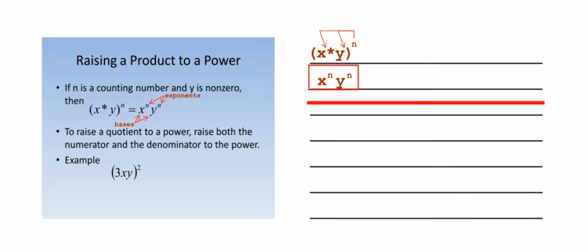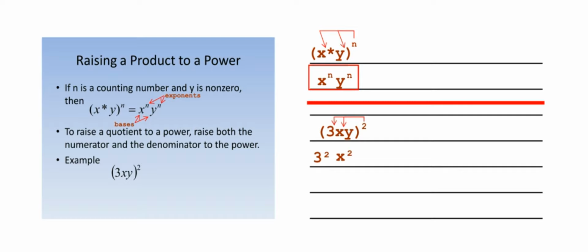So let's try the example then in this case. We have 3xy, or 3 times x times y in parentheses, all raised to the power of 2 or squared. Two different ways of saying it. And now we're going to distribute the exponent of 2. We're going to distribute 2 to the 3, so it becomes 3 squared. We're going to distribute 2 into the x variable, so it becomes x to the second power,